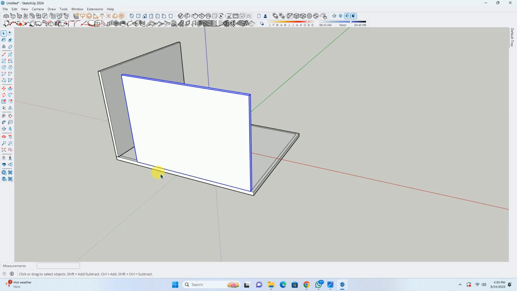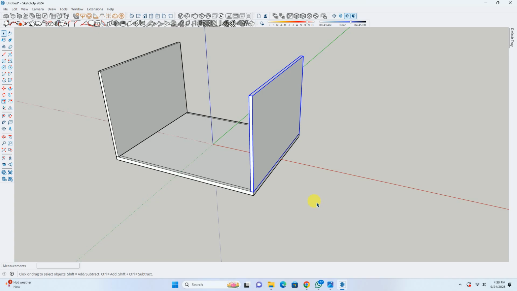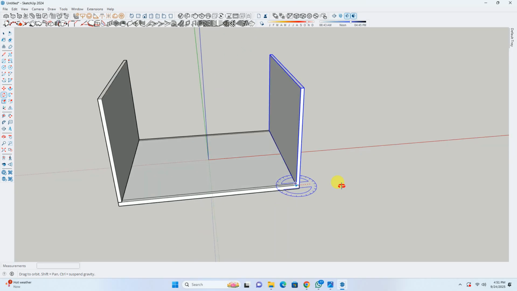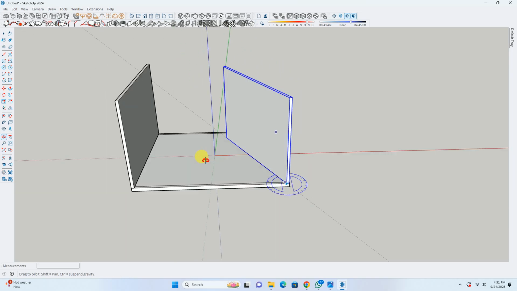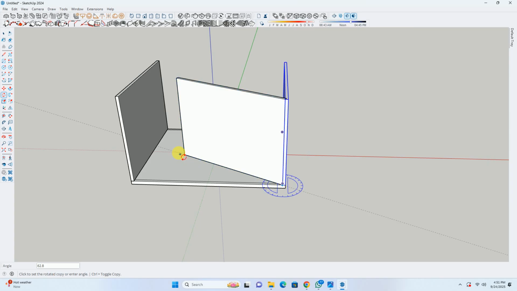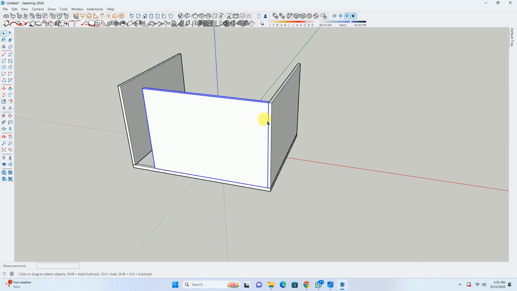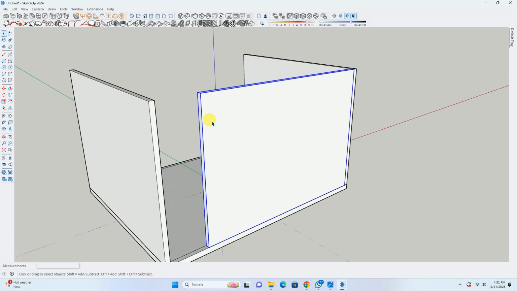But while rotating, if I want to create multiple copies of the object, we can select the object and hit the Q key so that the rotation command is applied. Now we'll hit the up arrow key so this plane gets locked. We'll specify the first corner point, then the second corner point, and while rotating, we'll hit the Control key so that multiple objects will get created. Now we'll specify the angle as 90, then hit Enter. In this manner, we can create multiple copies of one object while rotating.